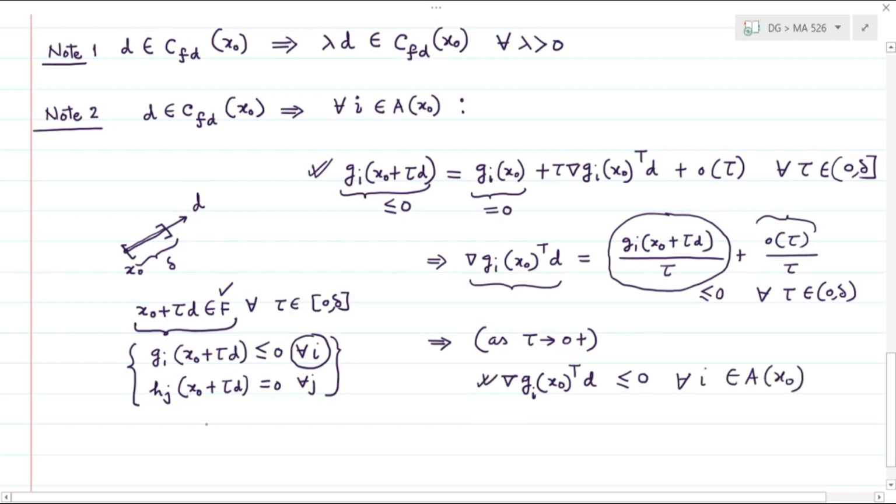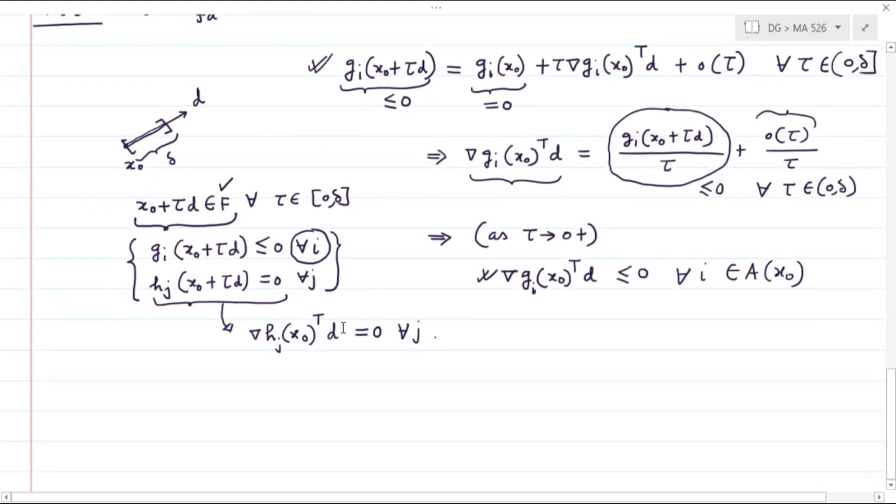Similarly, from this equality h_j(x0 + τd) equals 0, you will find that ∇h_j(x0)ᵀd is equal to 0, and this is going to happen for all j. Fine. So let me neatly write the note 2. The note 2 says the following: if d belongs to the cone of feasible directions at the point x0, then you have the following: